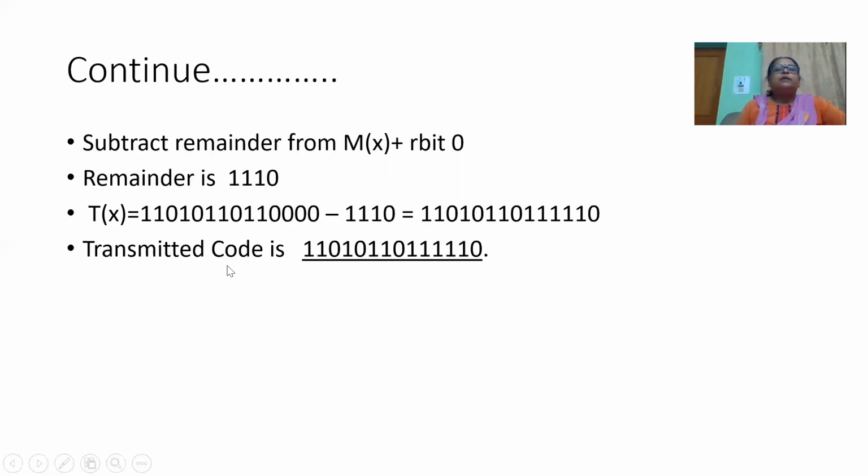So the transmitted code is 110, 101, 101, 1 and 0. This is from sender side. This code is appended with the frame sent by data link layer.